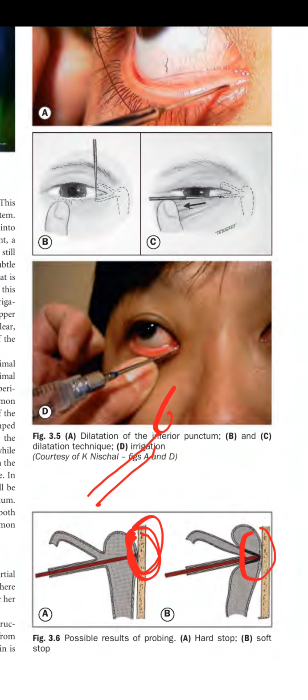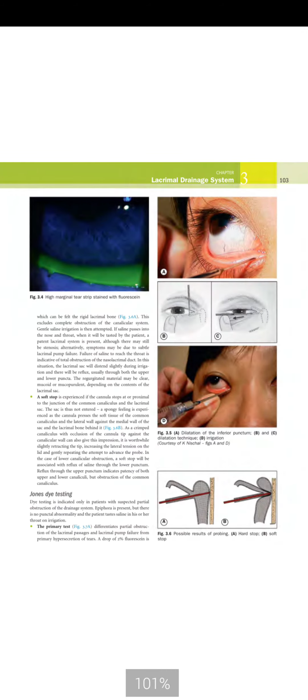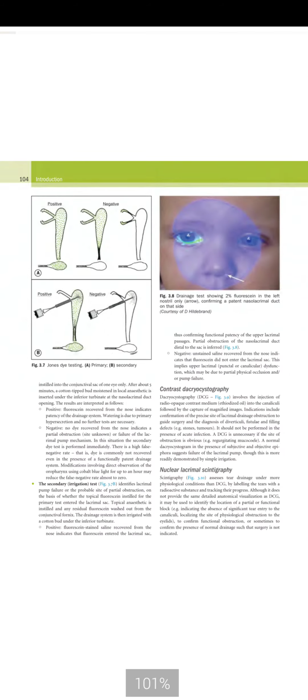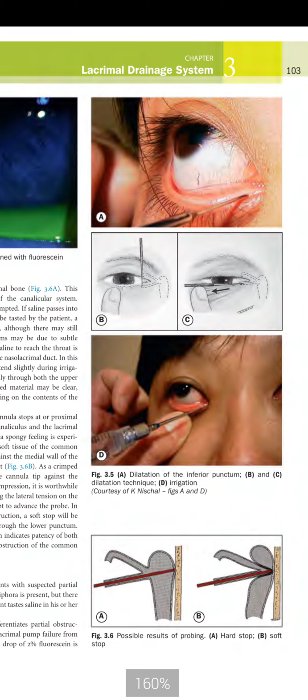If the feel is a hard stop and after syringing the patient felt the fluid in the nose, it means that the lacrimal drainage system is patent, and the tear overflow may be due to subtle lacrimal pump failure or a mild stenosis. Whereas if there is no